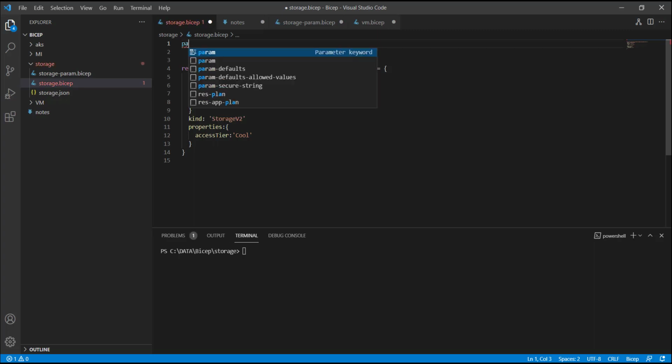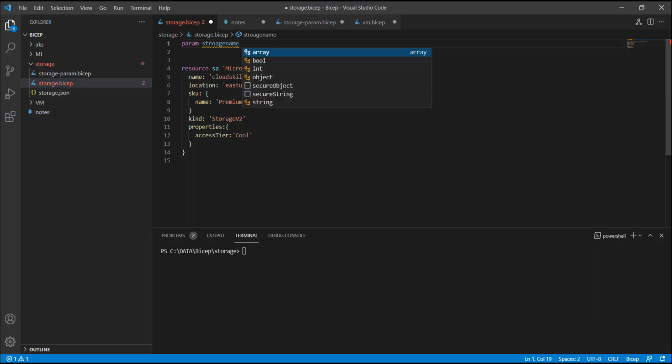You have to give the parameter keyword like this, and you have to specify the name of the parameter that we are going to use in our main resource block. So here I am going to use the name storageName.